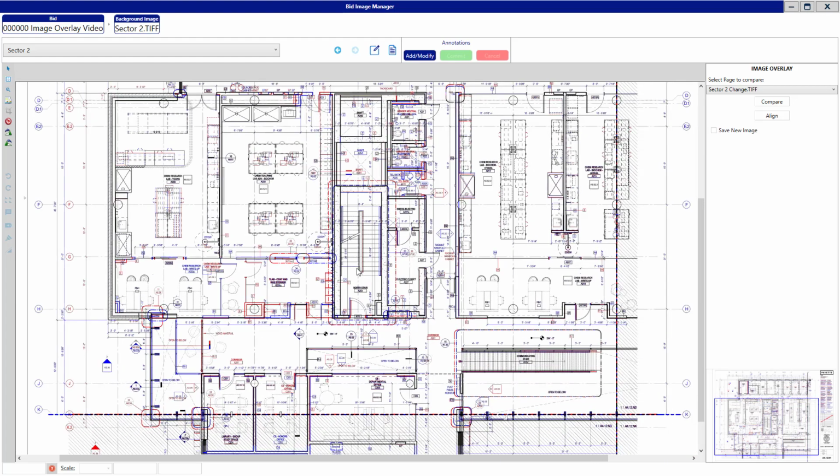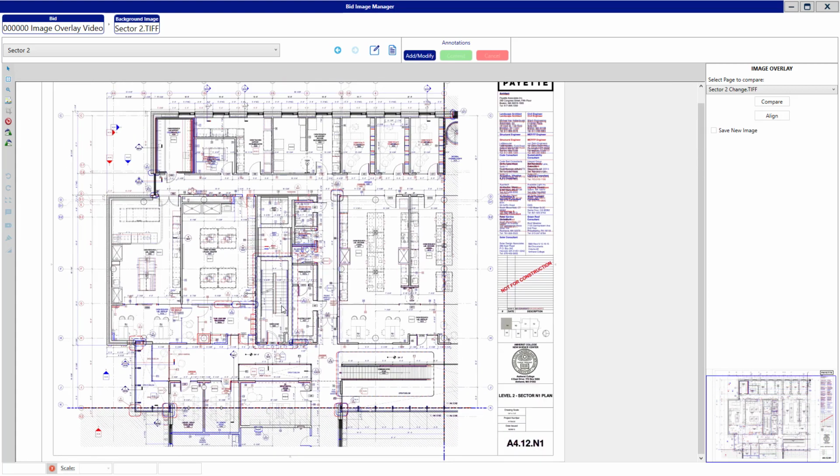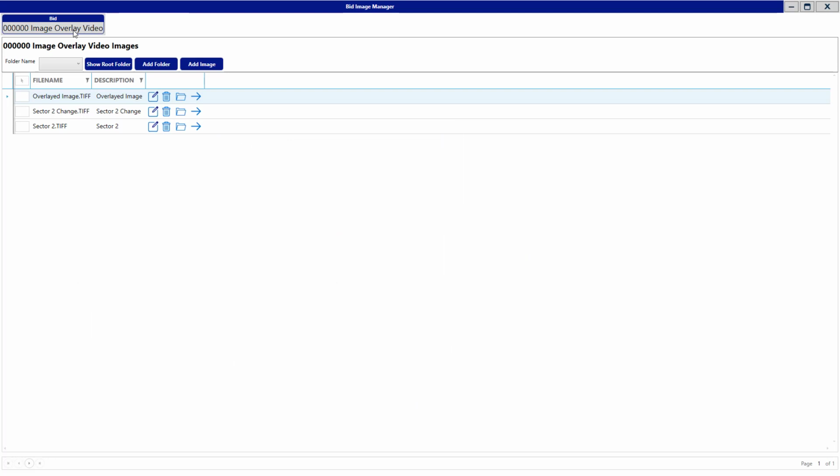If you want to save this overlaid image as an image by itself, you'll fill in this Save New Image, give it a name, Overlaid Image, and click Save. And it has saved this image